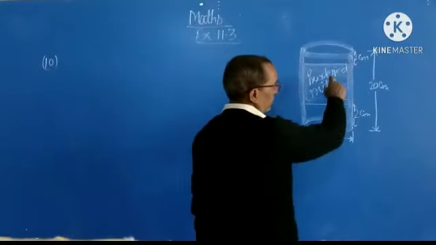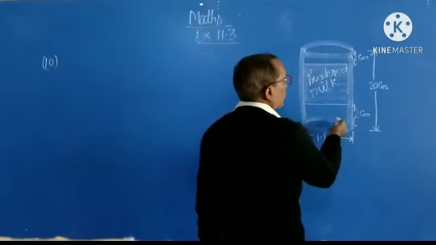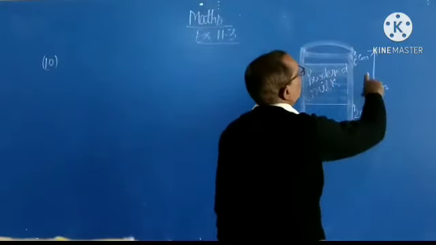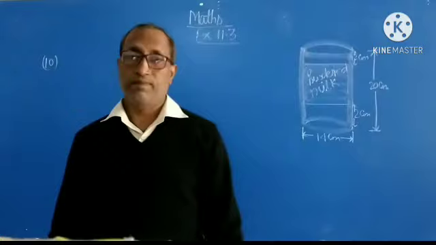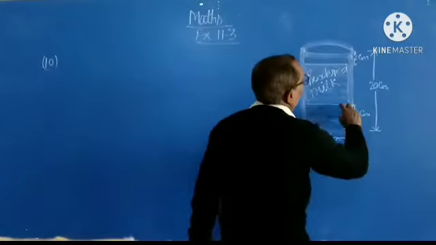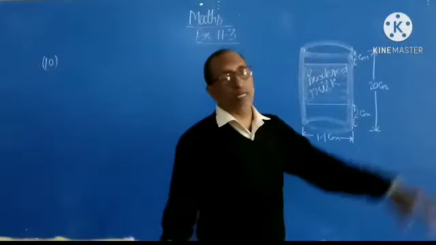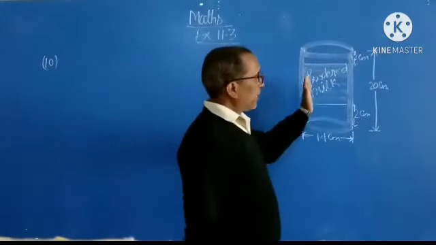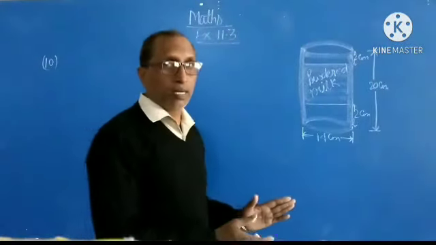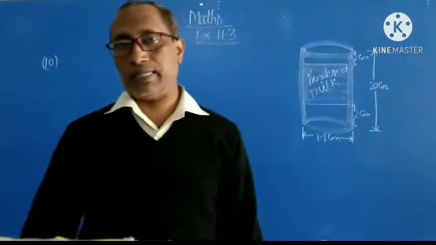Label is placed from the top 2 centimeter and from the bottom of 2 centimeter. Between these two, label is placed here. Means you left 2 centimeter from the top and 2 centimeter from the bottom. Then you get the height of the label, and that is cylindrical shape. This means you find out the area of the label by using formula 2 pi rh.